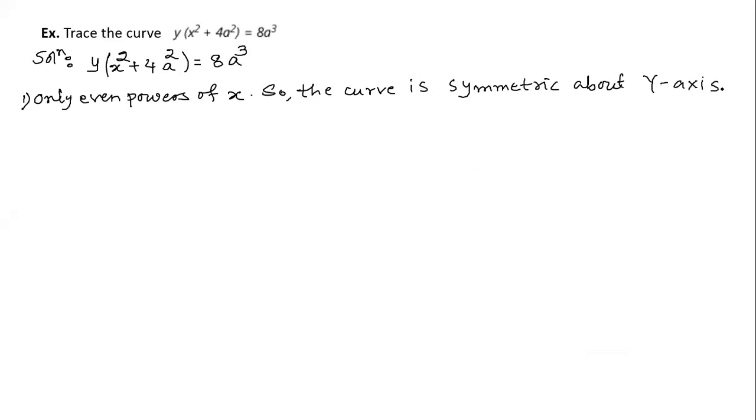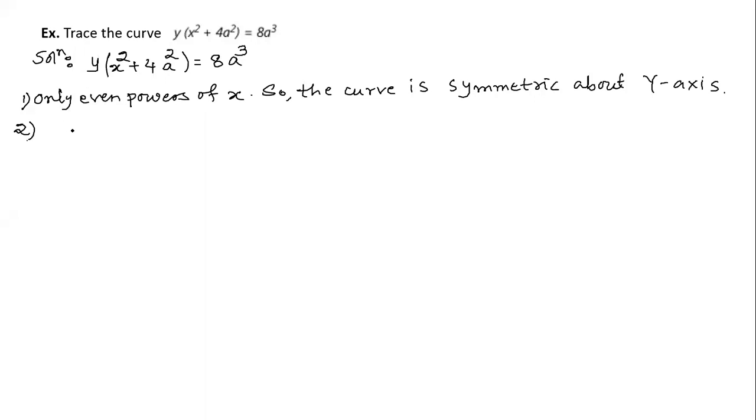Okay. So see, x-axis, y-axis, and this is origin. Then what is told? The curve is symmetric about y-axis. So this is one point. Properties are different and points are different. Now the third property is interchange x and y. After interchanging x and y, the first term, which is y into x square, will be x into y square, which is different. So property 3 is not satisfied. I already told you that if first two properties are satisfied, then only the fourth property will be satisfied. So fourth is not satisfied.